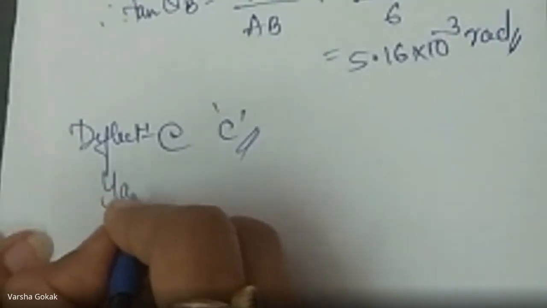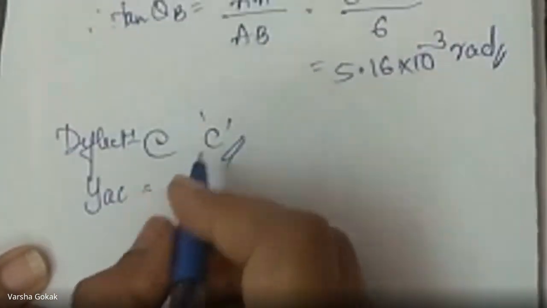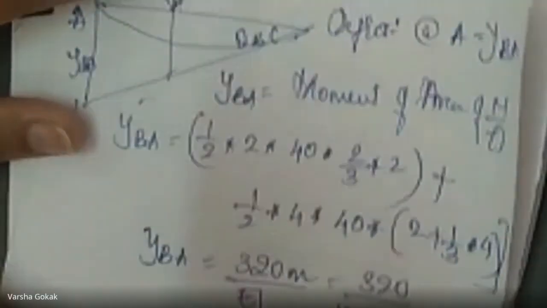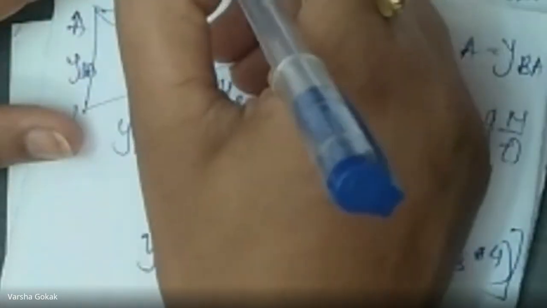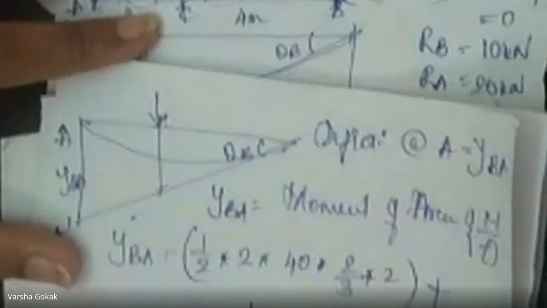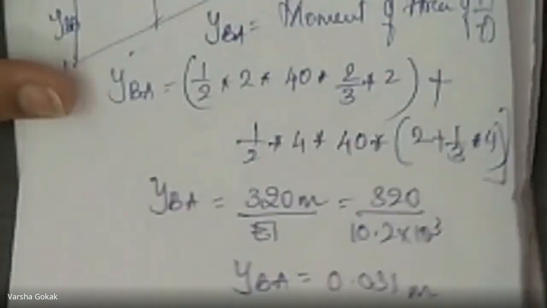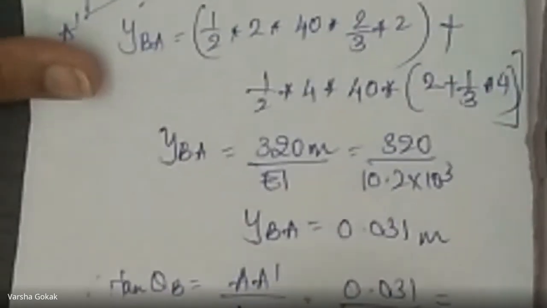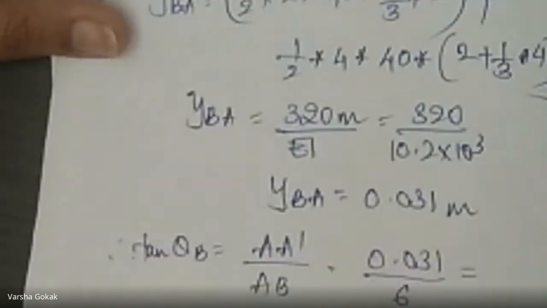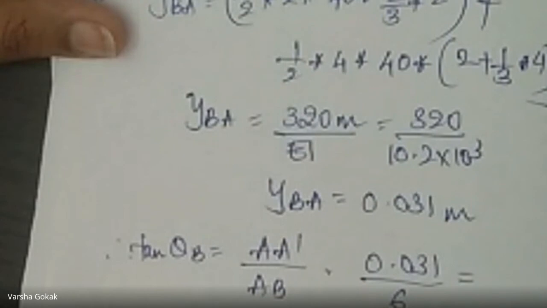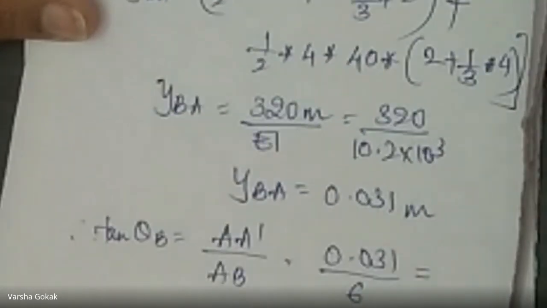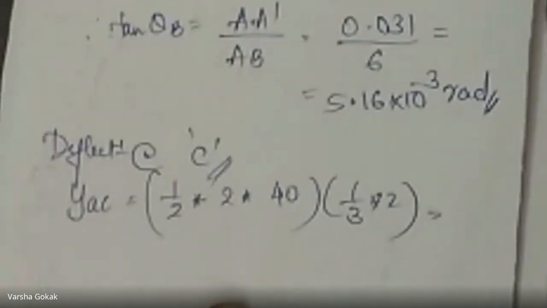First calculate YAC. YAC means I will be using this area A to C, or YBC, that is this area, any of your choice. If I'm doing it especially at point C, anywhere, say if you take also is fine. So YAC is given by the area or moment of the area. So half base, height is 40 into 1/3 of 2. What is this value, please?